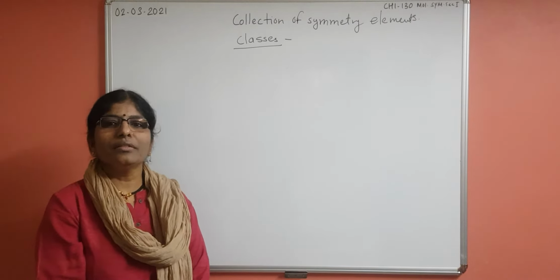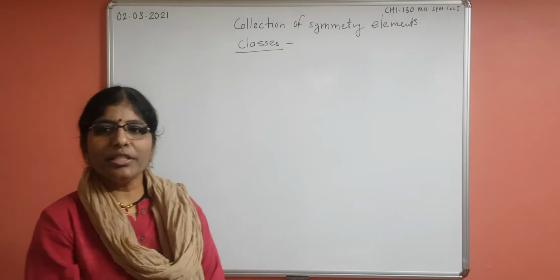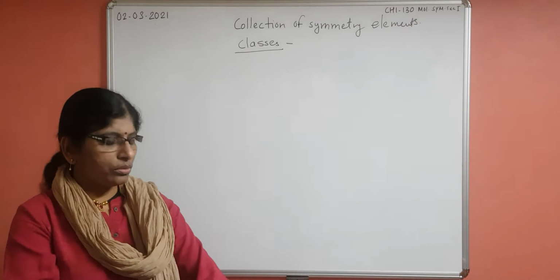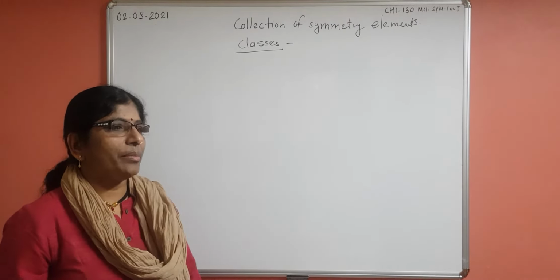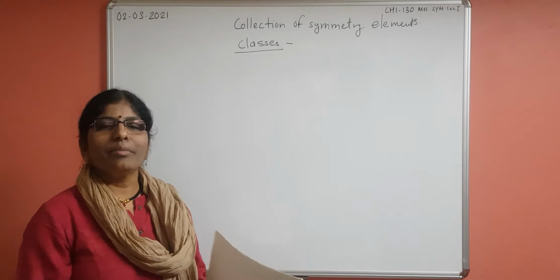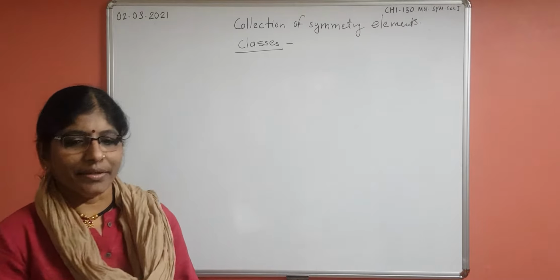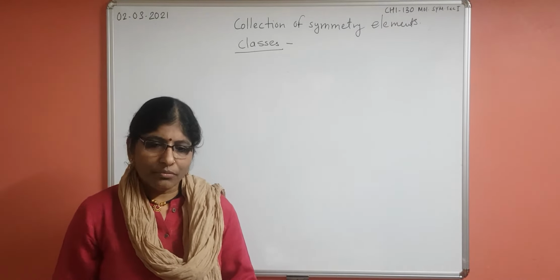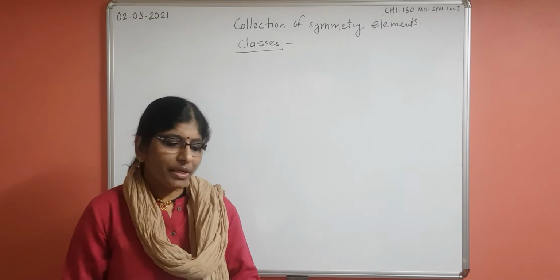Good morning, students. In the last lecture, we did how to arrange symmetry elements into a group multiplication table by two methods: by using actual geometry as well as by using Cartesian coordinates x, y, z. We have done it for the C2H point group, and for assignment I have given the C2B point group, and a little bit we did the C3B point group.